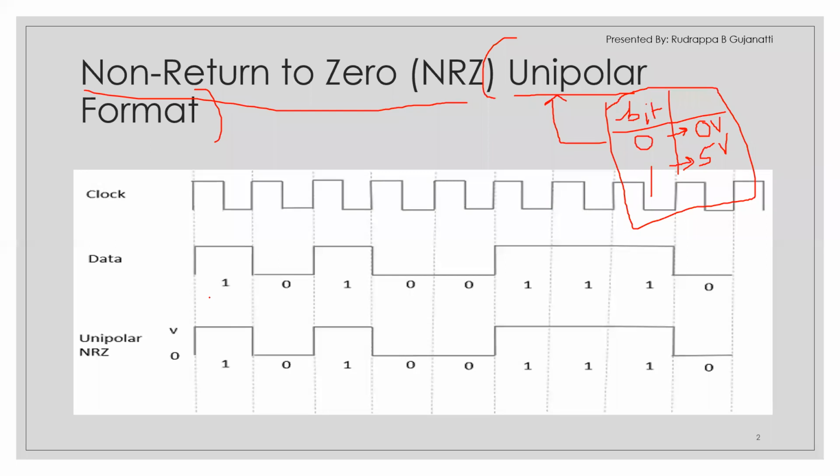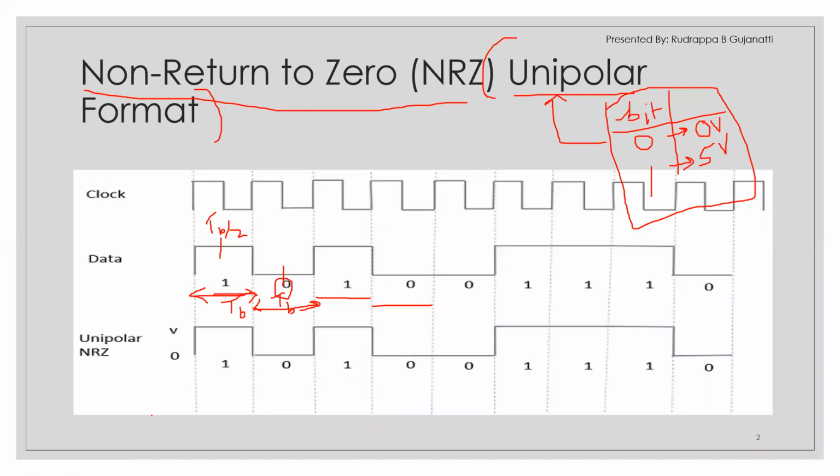That will be discussed. Now let us first discuss what is meant by non-return to zero. Here we'll see what the representation should be. So this is 1 bit interval, and this is 1 bit interval. Similarly, the next one is 1 bit interval. If I consider this point, it gives you the half bit period, so we write it as TB by 2. This is also a half bit period for this bit. Similarly, we have 1 bit period for the next, and so on.